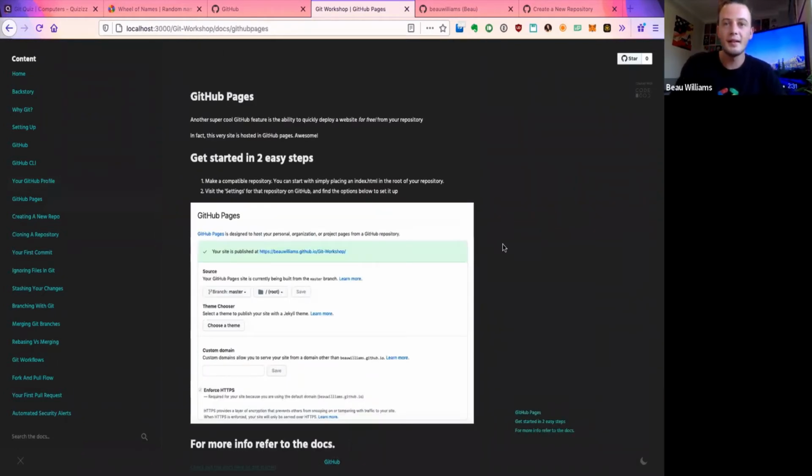So the next thing is GitHub Pages. So the last thing we're going to be covering off with GitHub for now is GitHub Pages. Now, in fact, this site itself is hosted on GitHub Pages, as I mentioned, and it's a free way to host web pages online using GitHub. Now, it's not going to host every single web page you can throw at it. I think perhaps if you built maybe an app with Python and Flask, that probably won't work. You might need to use something like Heroku for that, or another kind of PaaS, which is a platform as a service type of thing.